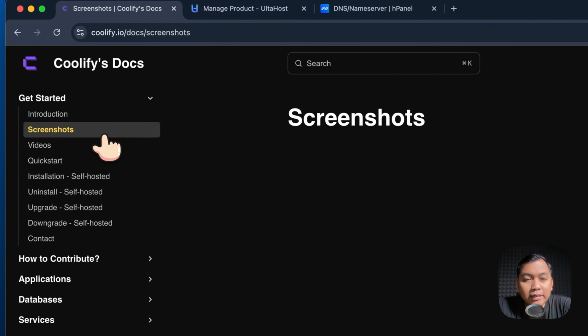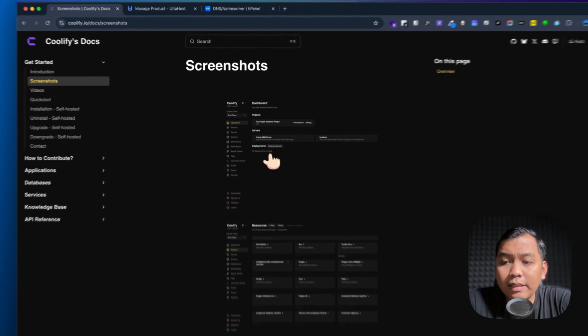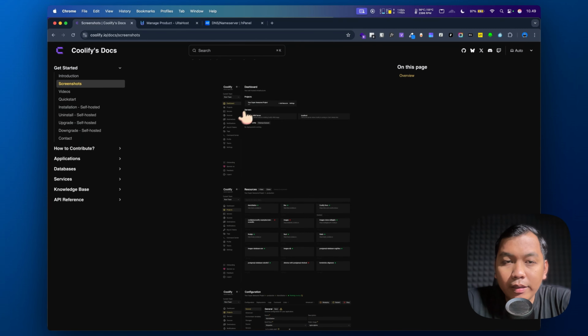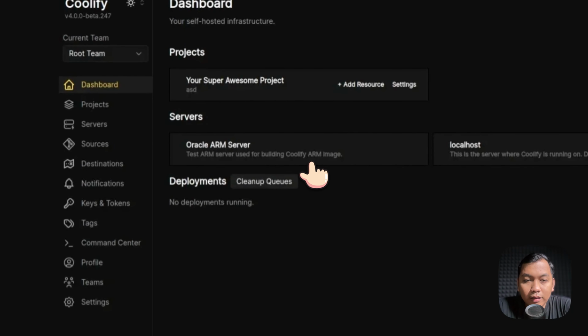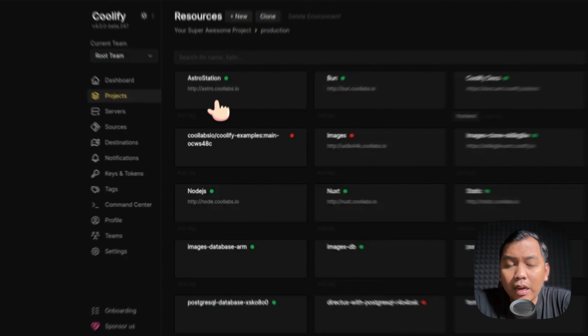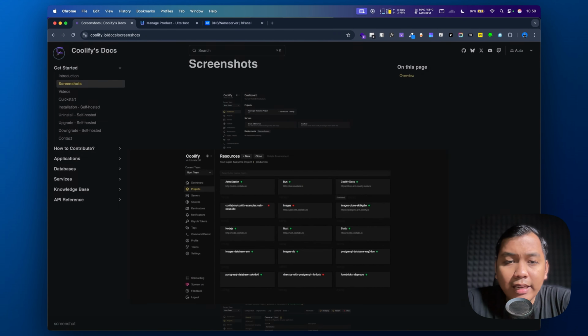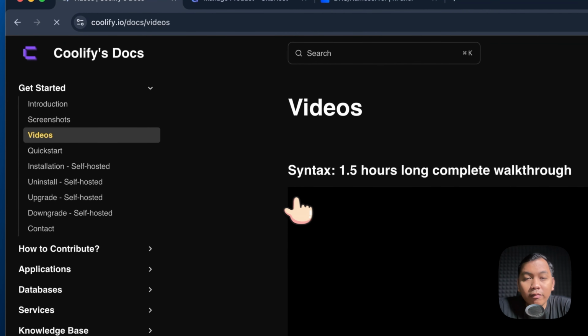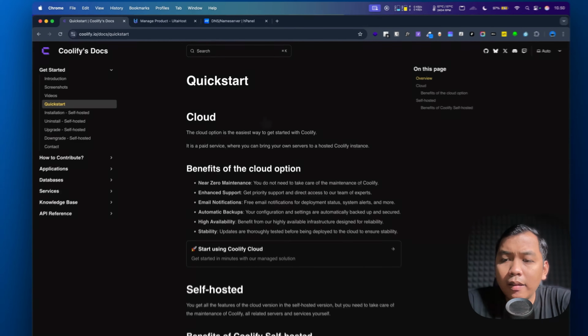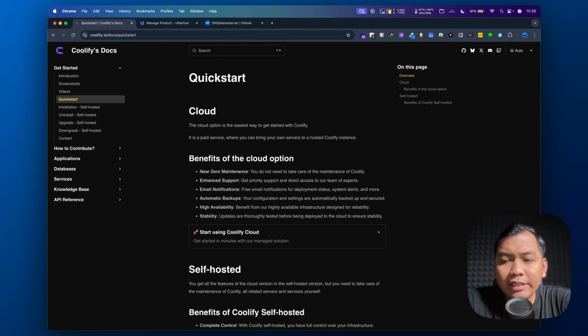And then let's see the screenshots. This is the dashboard of Coolify. Let's see this dashboard, and this is how a project looks, and this is the video. You can check it. Also the quick start: we can choose cloud, as I mentioned at the beginning.